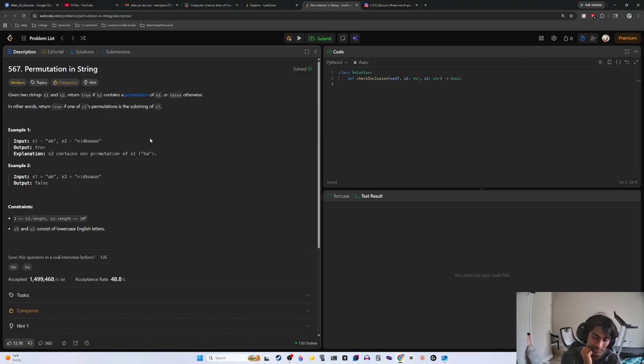So how are we going to go about solving this? It's actually a pretty simple way to do this. Take S1 and run a counter for S1. So basically what you want to do is see how many times each element occurs in S1, keep that stored in a dictionary, and then loop through S2. And then for each element at S2, subtract one frequency from S1's dictionary for that key. And the moment the key drops below 0,